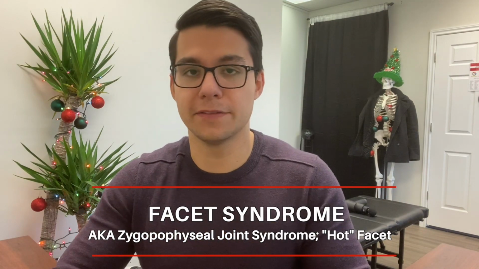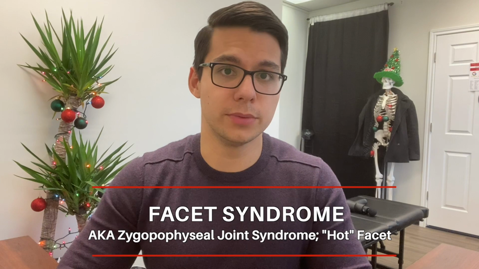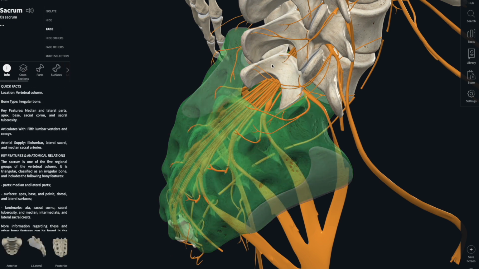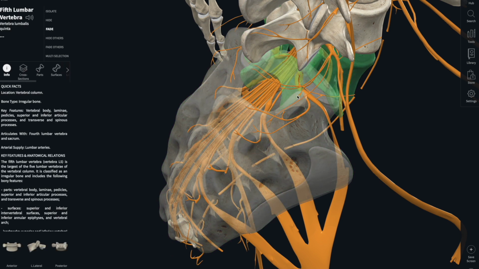The next possibility is Facet syndrome. Facets is the term given to the joints that connect our vertebrae to each other. They're also referred to as zygapophyseal joints, but facet's a lot easier to say. The sciatic nerve is a bundle of lumbar nerves which include the L5 and the S1 nerve. These nerves are given this name because they just exit the spine at the level of the 5th lumbar and